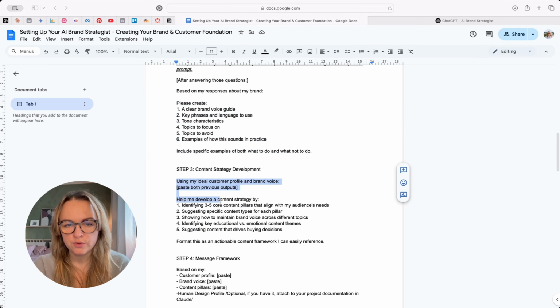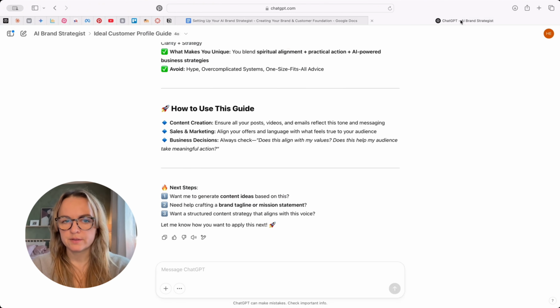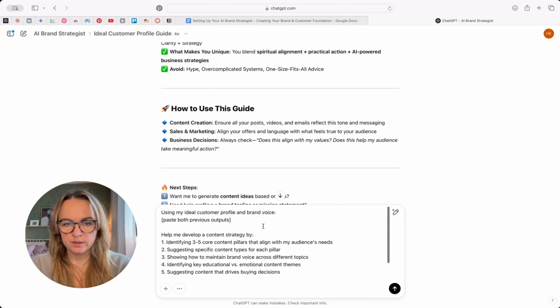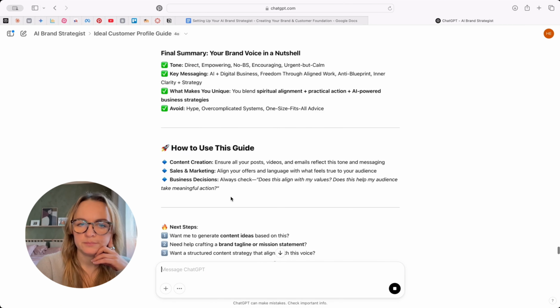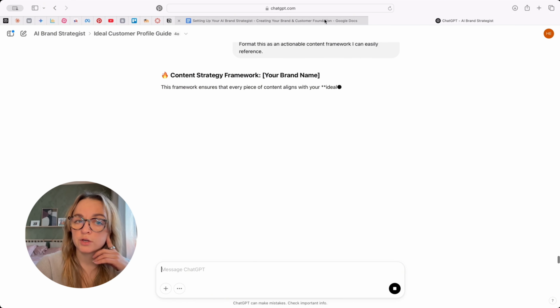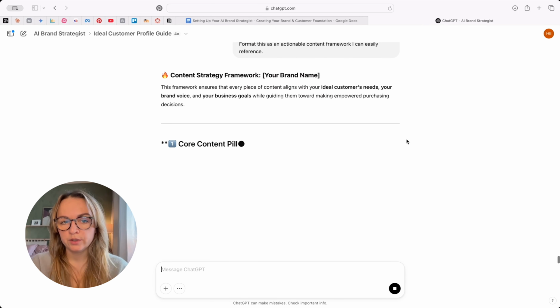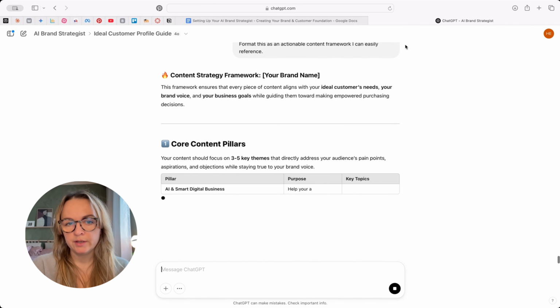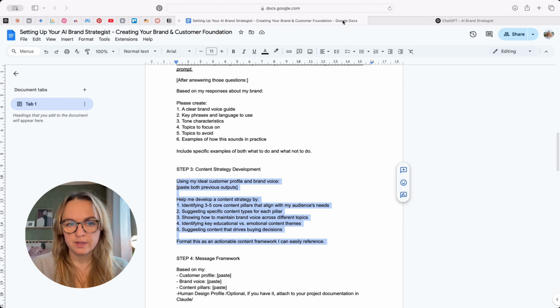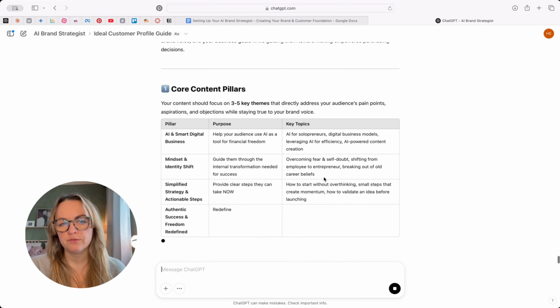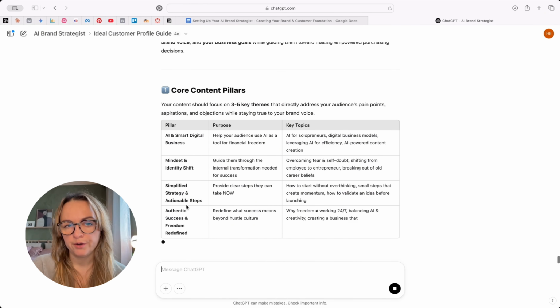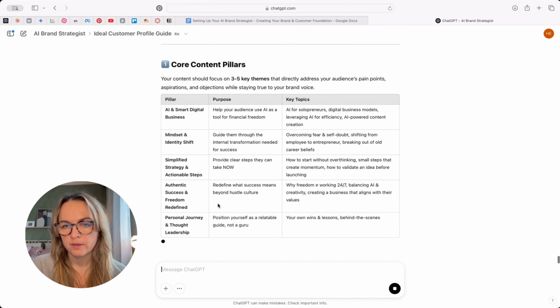We're going to move on to the next prompt that you again can copy paste. I'm going to do like this, that we have defined. So now we're moving on to the content strategy framework. It will define the core content pillars, the topics, the purpose, specific content types for each pillar. So it's basically going to outline the high-level content strategy for us, and it takes it from our content pillars that we've defined.